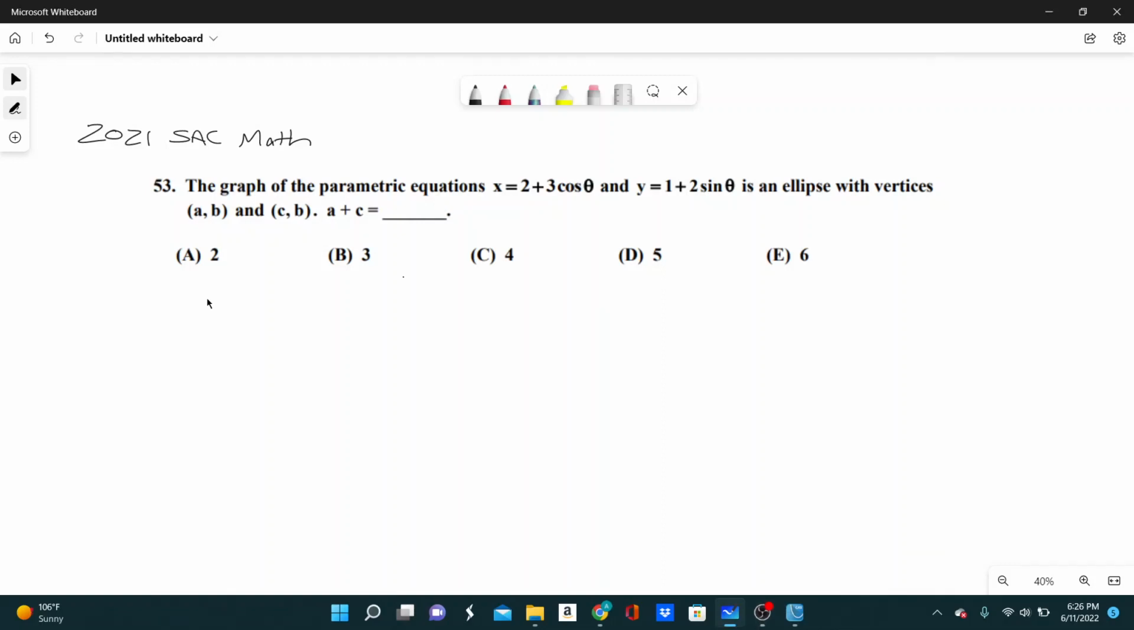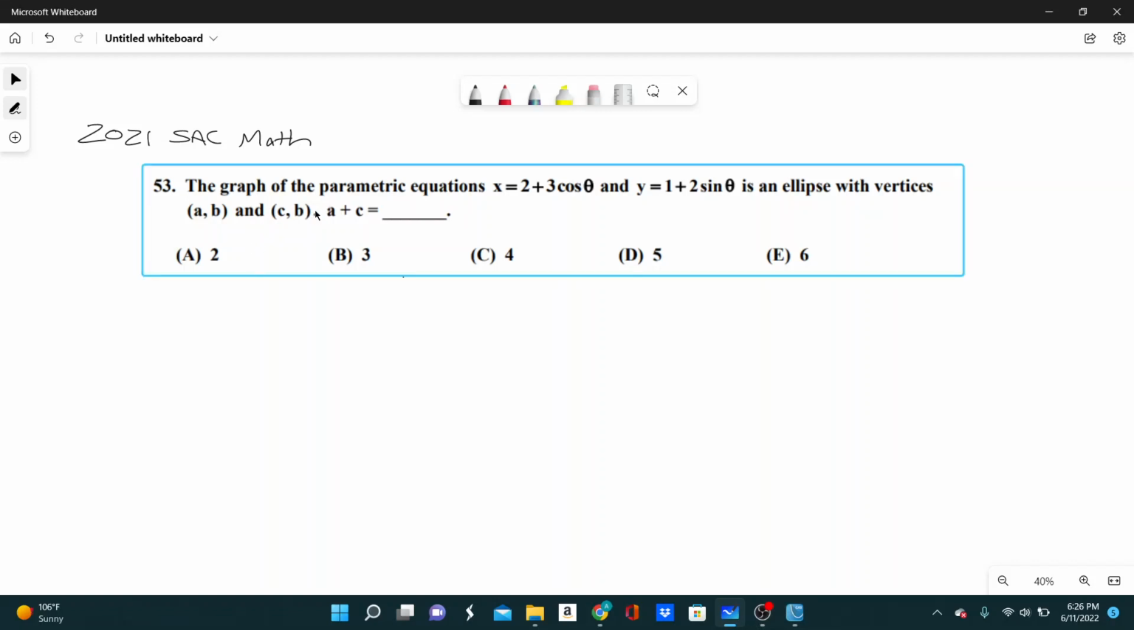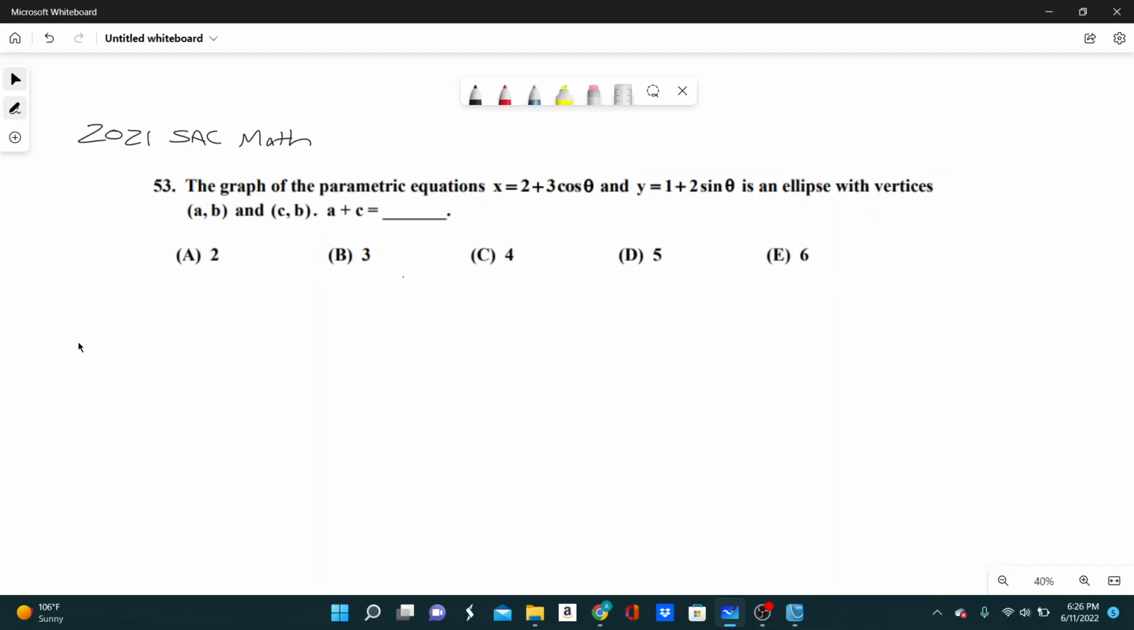Number 53. The graph of the parametric equations x equals 2 plus 3 cosine theta and y equals 1 plus 2 sine theta is an ellipse with vertices (a, b) and (c, b). Find a plus c. Alright, so the way we're going to do this is by using the Pythagorean identity, which